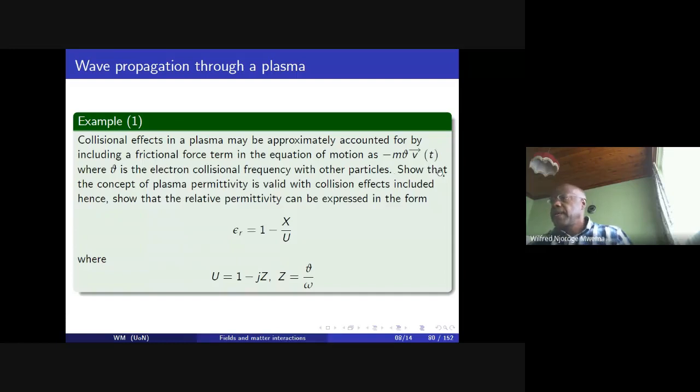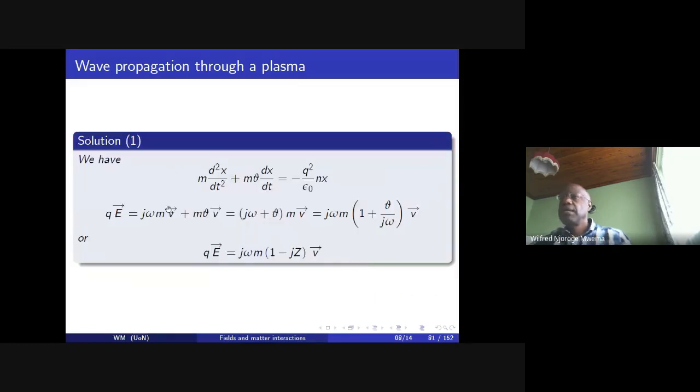Show that the concept of plasma permittivity is valid with the collision effects included, hence show that the relative permittivity can be expressed in the form epsilon r equals 1 minus X by U, where U is defined as 1 minus jZ, and Z is given as the collisional frequency of the electron divided by the frequency of the field. The equation of motion is going to be written in that form, where we have